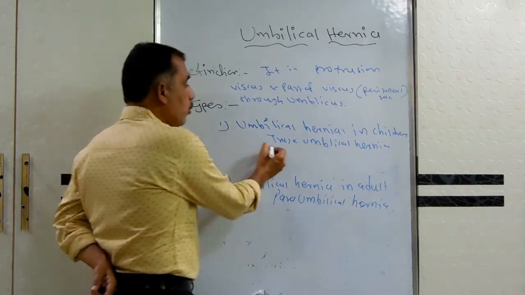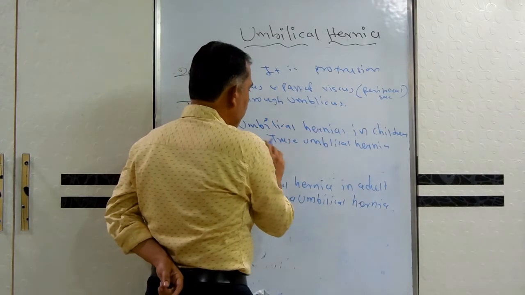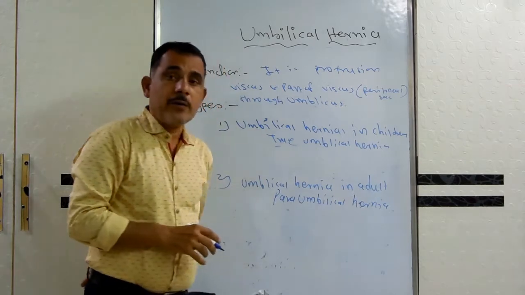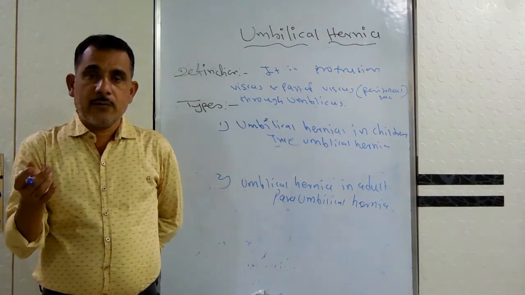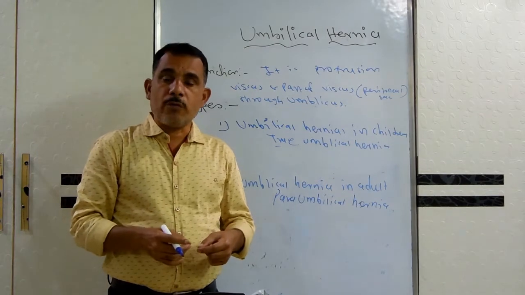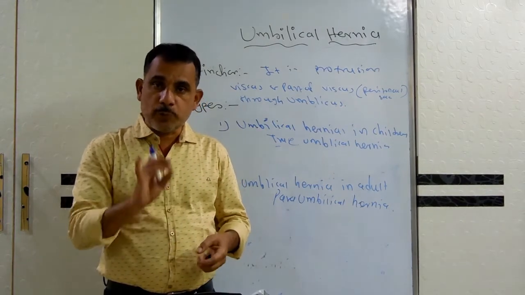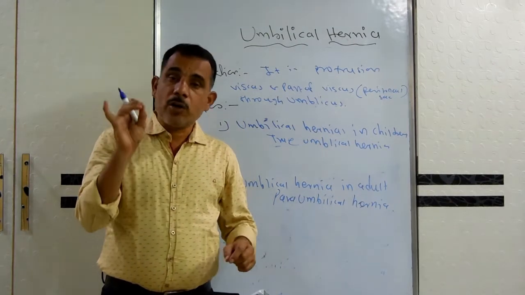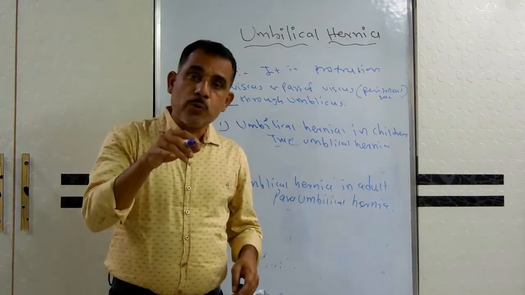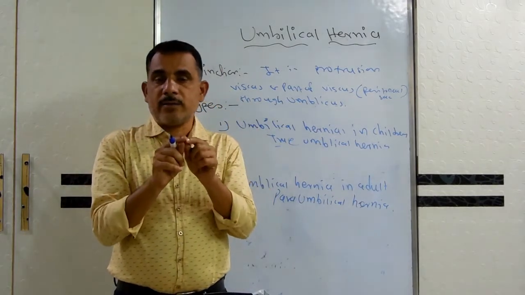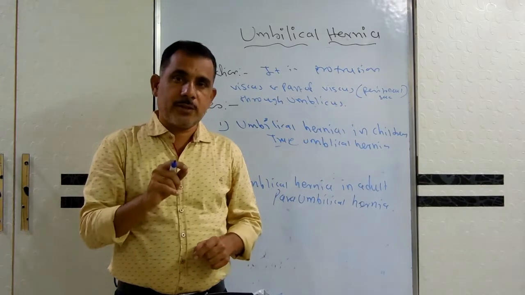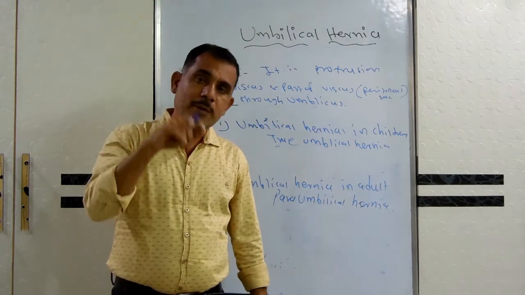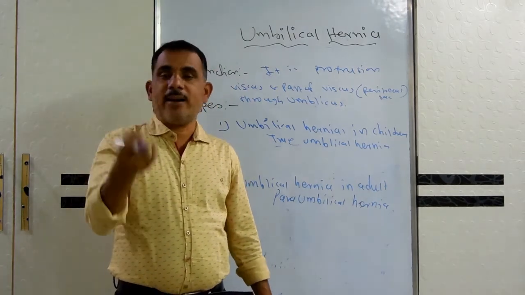So first of all, the true umbilical hernia. This is the type of umbilical hernia which occurs in children, where after birth there is a protrusion of the viscus, or part of viscus, or peritoneal sac through the umbilical organizing scar. It occurs in most cases due to a weak umbilical scar, due to sepsis that occurs after birth. So that's why sometimes this hernia is considered a congenital hernia.